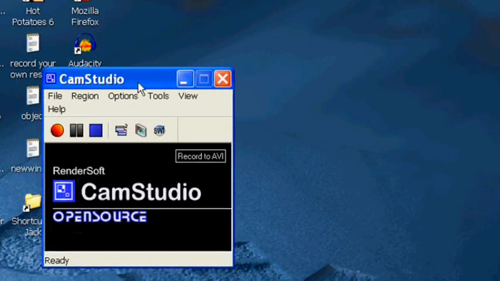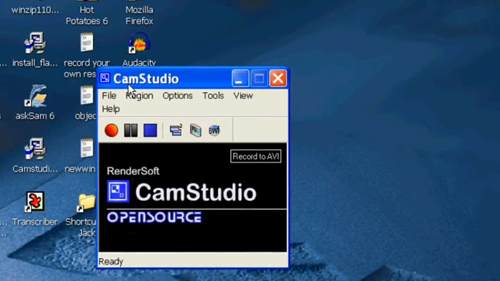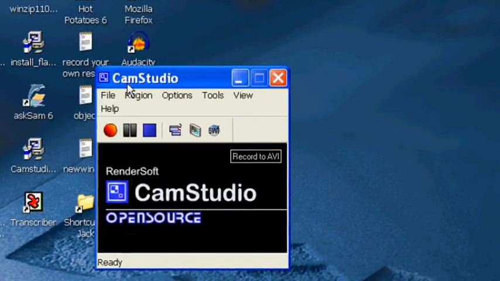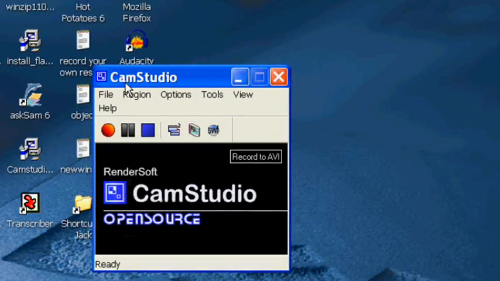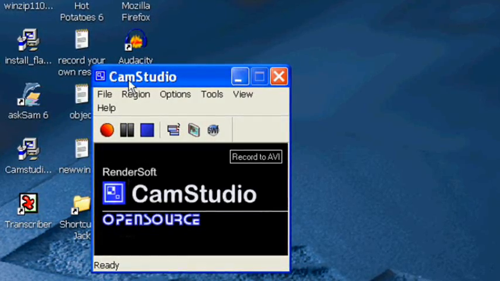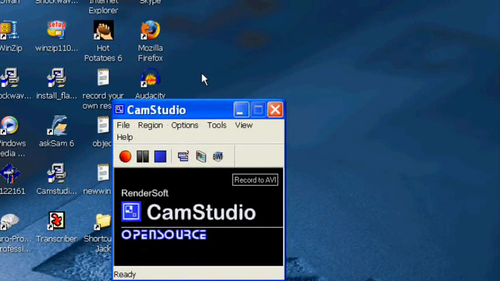Anyways, I'm using Camstudio. It's a free program that you can download from SourceForge, and there's a very good tutorial on this on YouTube that I watched. But my main problem is that I have a laptop. It's a widescreen laptop, and the Camstudio